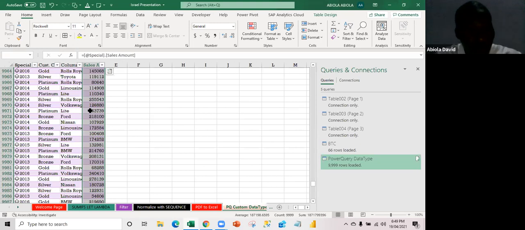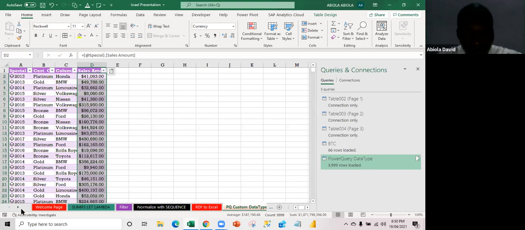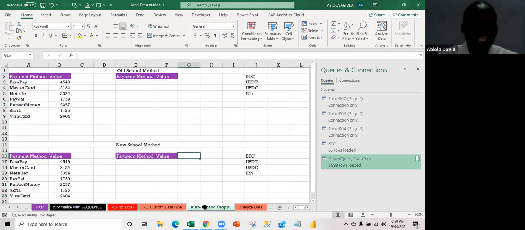Now I'm going to make some tutorial on this, how to create some calculation even with this Power Query in one of my subsequent videos on YouTube. Another feature that I love so much is the auto expand drop down. Now, traditionally, if you want to create an auto expand drop down in Excel, you need to format your data as an Excel table, and then you need to create